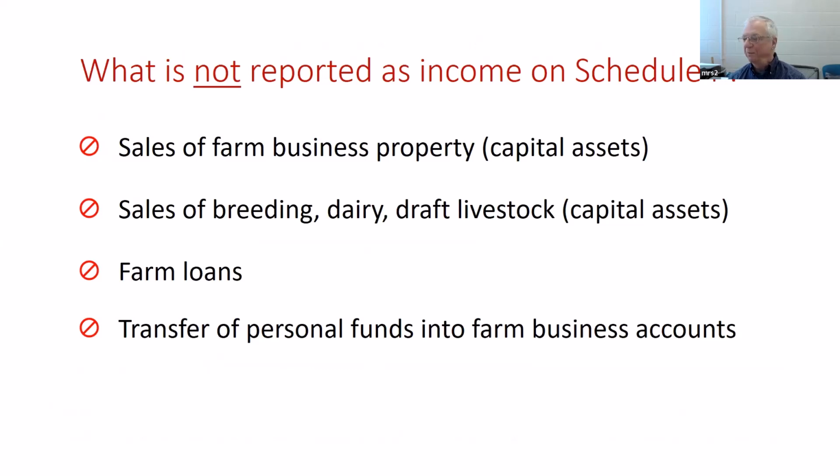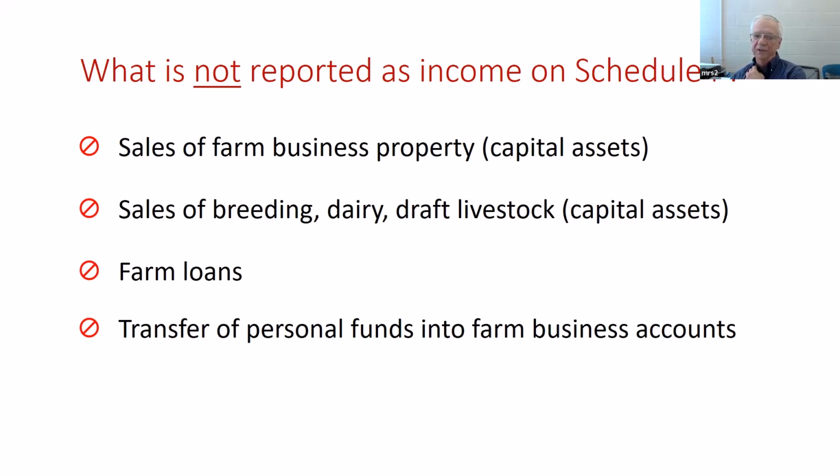Sales of farm business property, because you're not in the business of selling tractors or equipment or high tunnels. Those get reported somewhere else. They get reported on 4797, the sale of business assets. Sale of breeding stock, dairy stock, draft livestock do not get reported on the Schedule F because they're considered capital